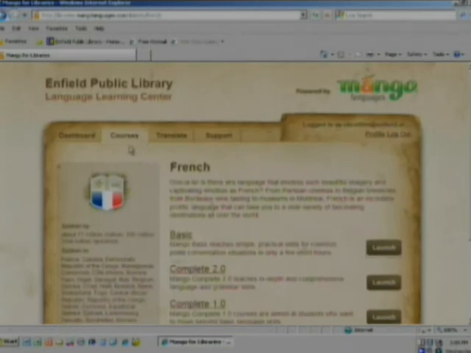The dashboard, the home page here, also gives you access to a translation tool, which you can see up along the top is one of the tabs. And it's very simple. You can choose from any of the languages that are available within Mango and choose to have any text or words translated into your desired language. So the original text goes in the box. It's much like any online translation tool. In fact, it's powered by Google, so it's very similar to what you get on Google. Once you translate text, it translates for you over here on the other side. So it gives you a basic translation.